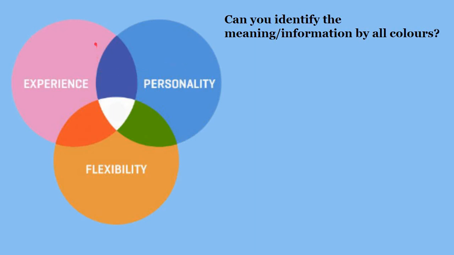When we see just the pink part, that contains people who are just experienced. They don't have a good personality, they don't have flexibility. The yellow part contains those people who are just flexible. They are not good at personality or experience. Similarly, this particular part contains only those people who are good at only personality. If we include all of it, they might be good at personality, they might be flexible also, they might be experienced also. Okay, so this is the basic meaning.